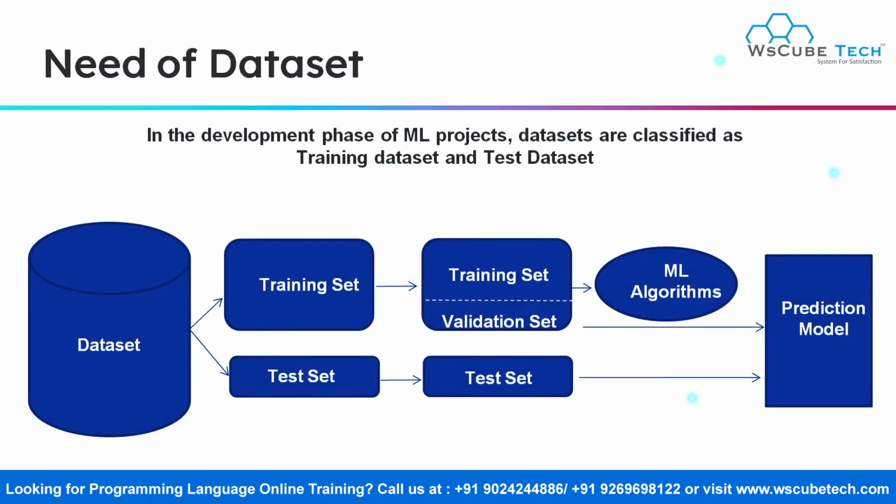Now the next thing over here is the need of data set, or you can just call it the need of data. So we require a large amount of data to train our machine learning models. During the development phase of our machine learning project, the developers are highly dependent on the data. If there is no data, then we can't build our machine learning model. So data is the most fundamental need for any machine learning model to be built. In building this machine learning application, data sets are divided majorly into two parts, that is the training data set and the test data set.